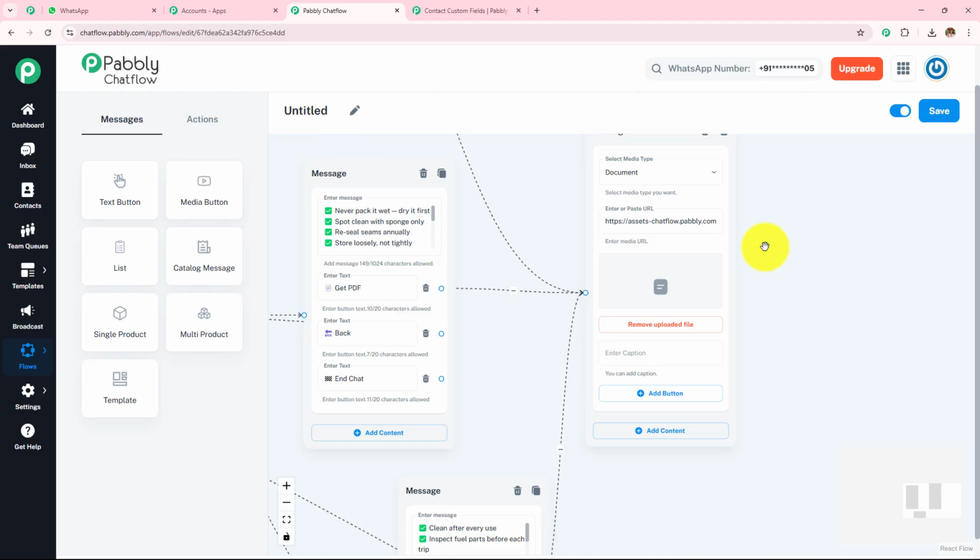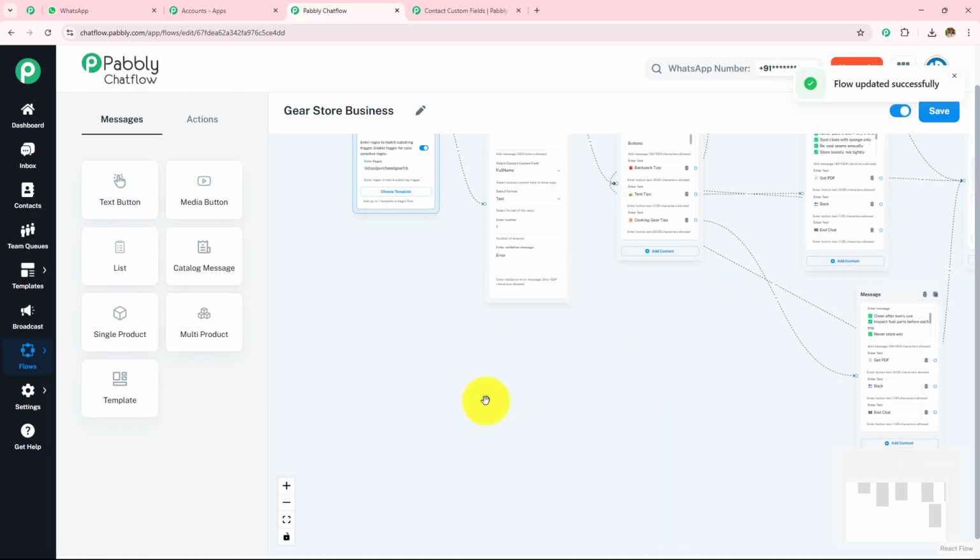Now here, after creating this flow, I'm going to name this flow Gear Store Business, and we have to make sure that this button is toggled on so as to keep the flow active. If this button is toggled off, the flow will remain inactive and the messages will not be sent. Also make sure that when you create this flow, you save this flow. Otherwise, the flow will be lost, the messages will be lost and the messages will not be sent. So here the flow updated successfully.